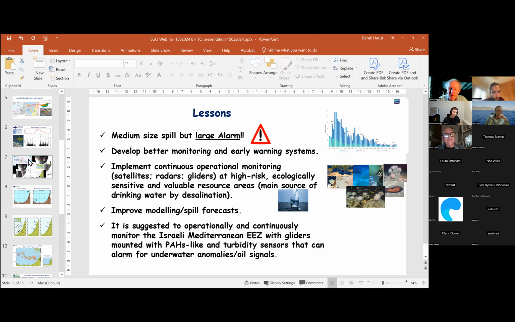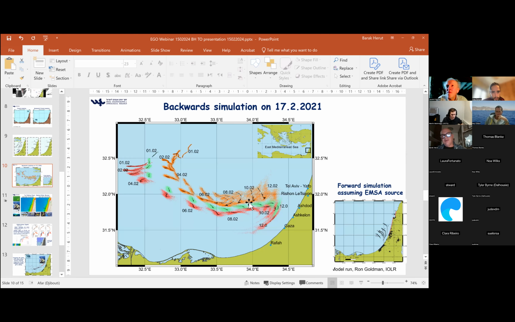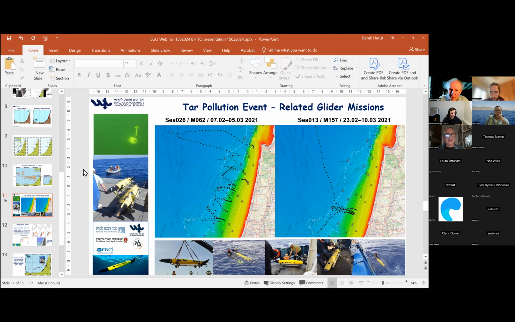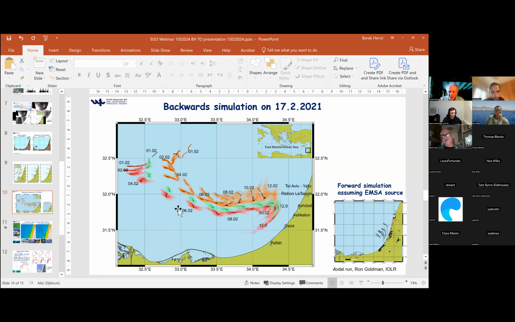Actually, there was... you see this figure? I'm not in presentation mode. Actually, there was course data of the backwards running simulations and all the vessels that were crossing at this time. Oops, what happened? Okay, do you see now? We can see slide 10 with the backward. Yes, like that. Yeah. So